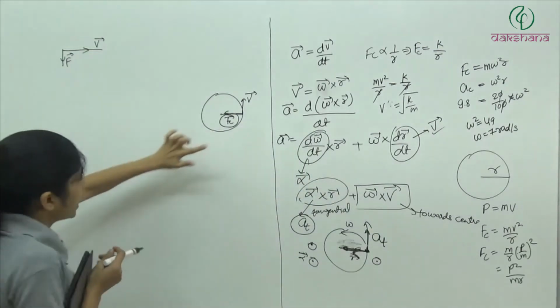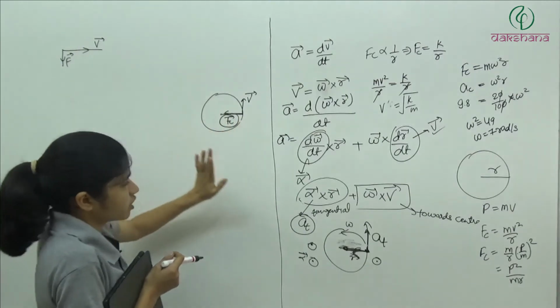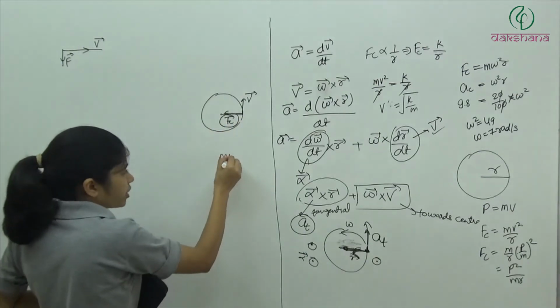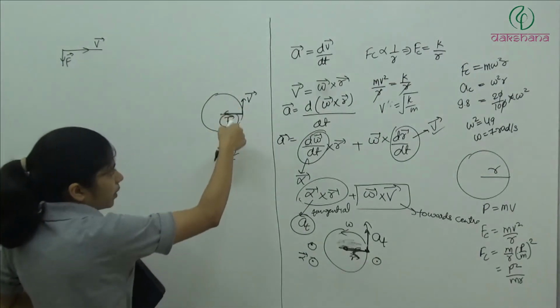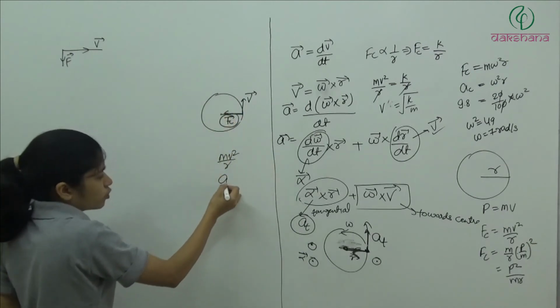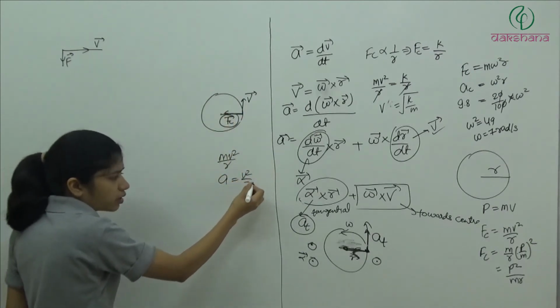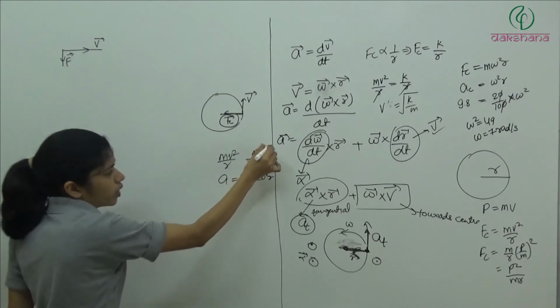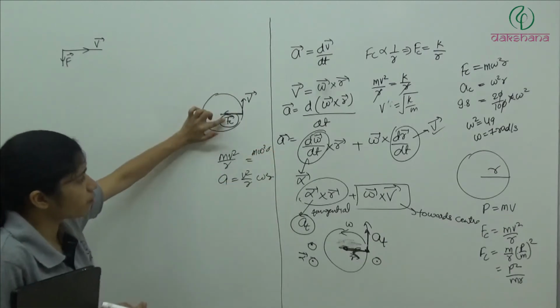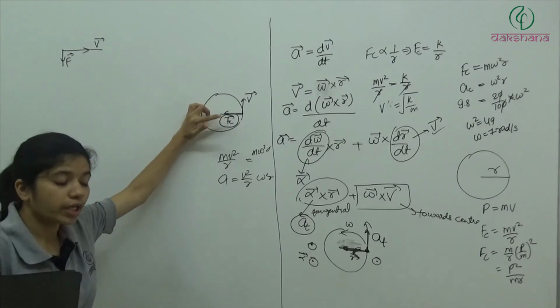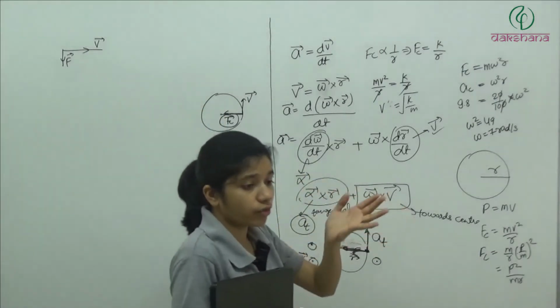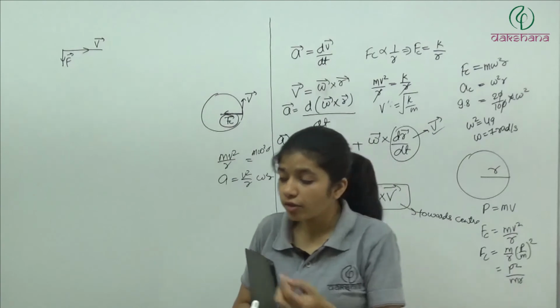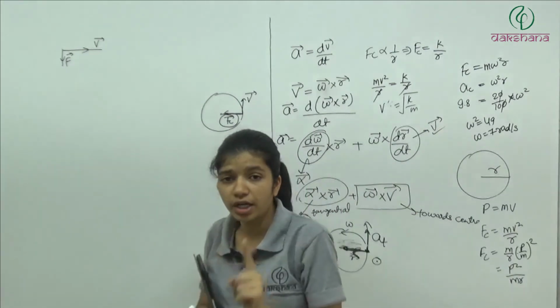And the force in the direction perpendicular to velocity, write it as mv square by r. And if acceleration is given in the direction perpendicular to velocity, write it as v square by r or omega square r, and this is m omega square r, clear? Because this is the force which is going to tell you what the radius of your curvature is, okay? The curve in which you are moving, what is the radius of it?